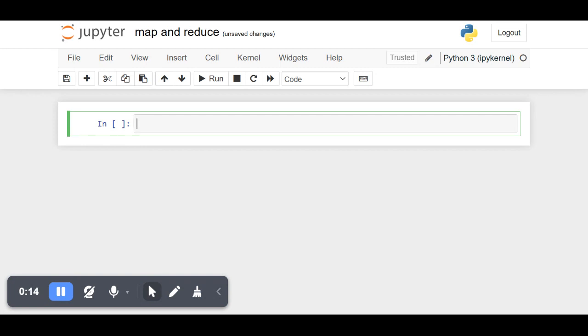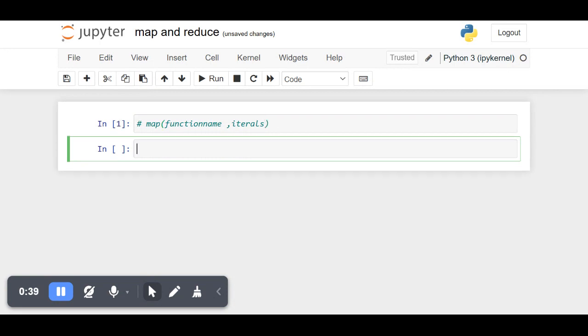So last class, map completed. So map syntax: function name, and iterables. Iterables means we can pass a list and set,